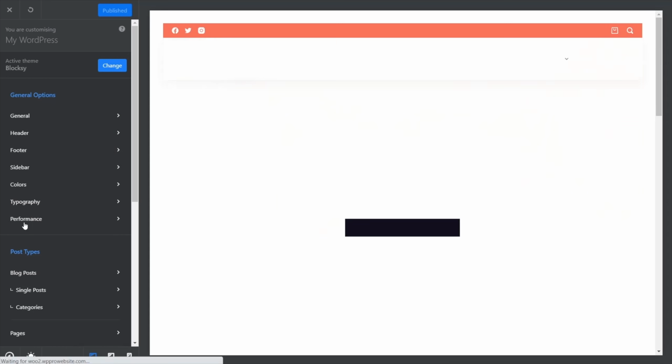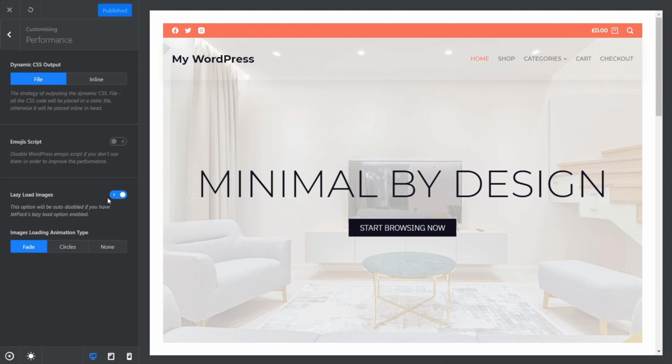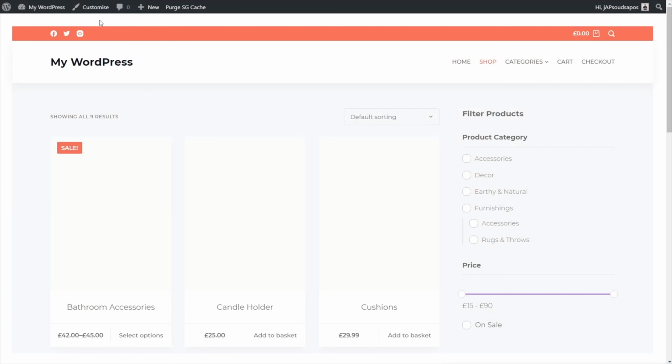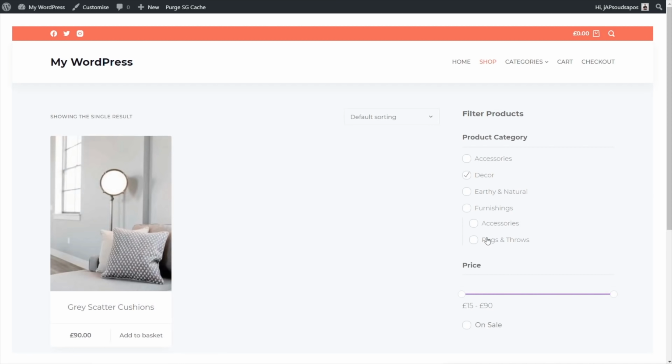Now, hopefully this is something that will be fixed very soon, but if you are having this problem, that's something that can sort it out. So if we come into performance and we disable the lazy load option and publish this, we just hop back over, refresh the page, our images are back, and now if we start to filter, you can see all the